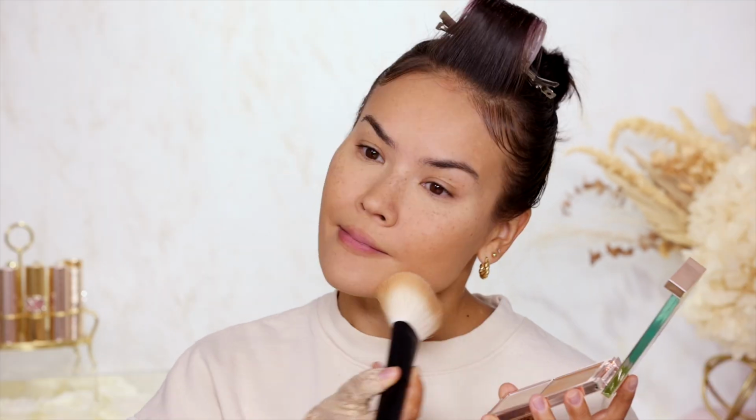See, and that together just looks so easy. It looks very nice, really. If you have any sort of breakouts or any discoloration or any freckles that you may want to cover up, you could always do that with concealer, either on top of the cream foundation or even on top of the powder. I do this all the time. So to me, this is enough coverage for me. And if I want to add a little bit more just to hit up some trouble zones, I can always do that. But like I said, this for everyday wear is great,